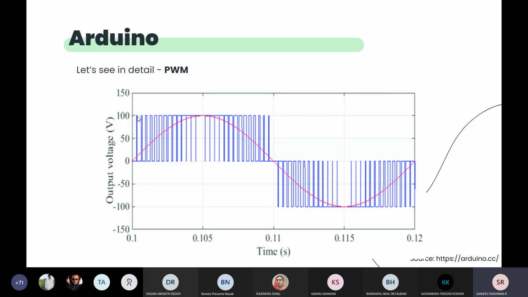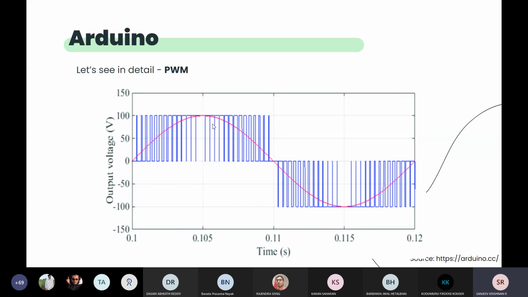So if it is very close, then the value is somewhere here, you can see, close to 0. And as the width of the pulse increases, it is achieving the highest possible, right? And again, when the pulse width reduces, it is approaching 0. When the pulse width is completely 0, then here you can see the value is 0. The analog value is also 0.